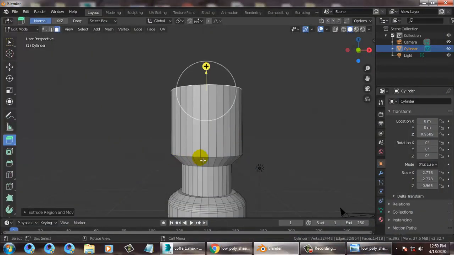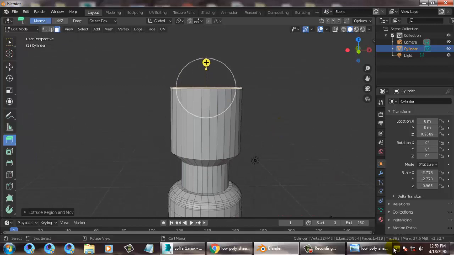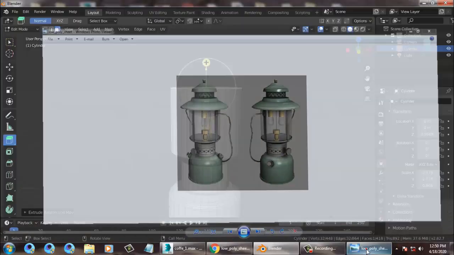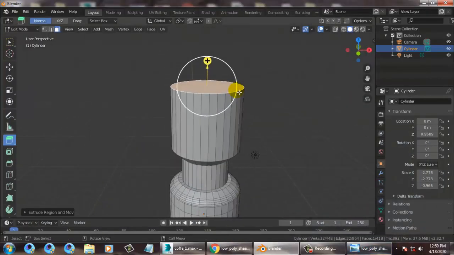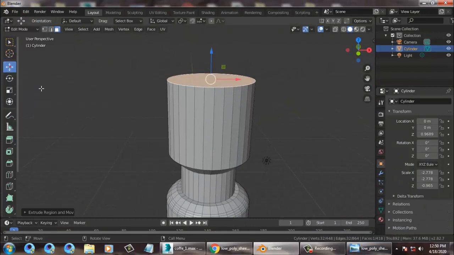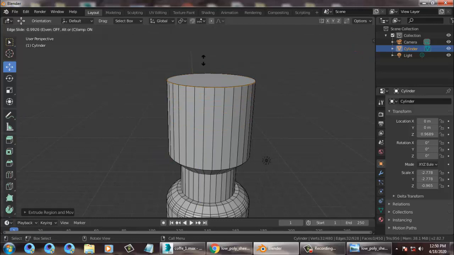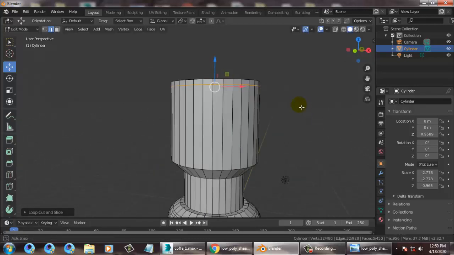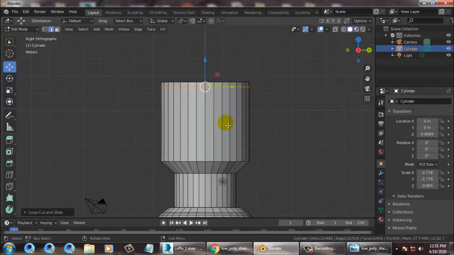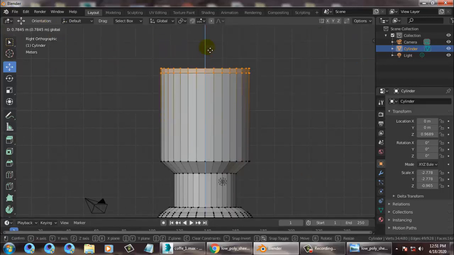Once you're done with this, I'll come out of it, and again I'll place one loop over here. I'll go to the front, select all this, and just push this up.